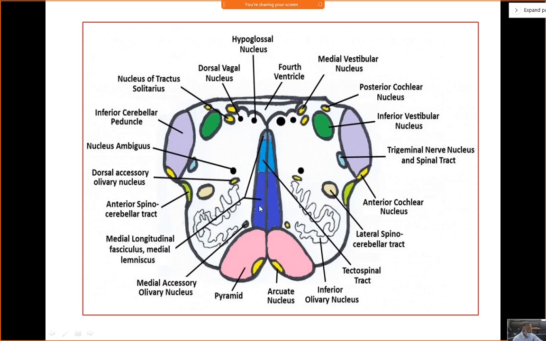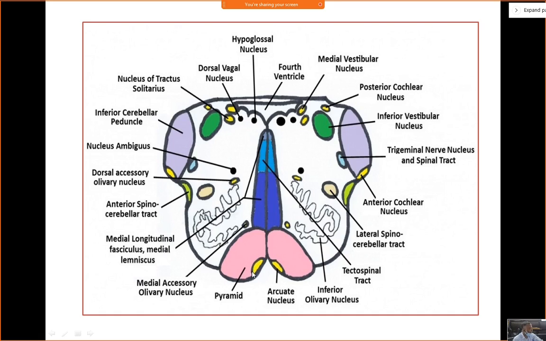These left side fibers are ultimately suffered. Then most ventrally is our pyramid. Most ventrally this is the pyramid, in the anteromedial aspect. The pyramid is made up of corticospinal fibers, the corticospinal tract. These are all motor fibers that come from the motor area of the cerebral cortex to the spinal cord.